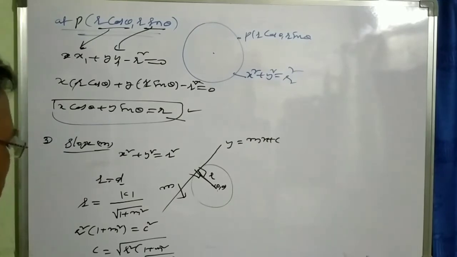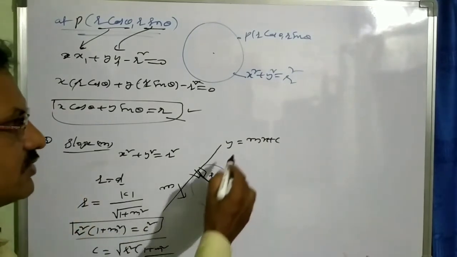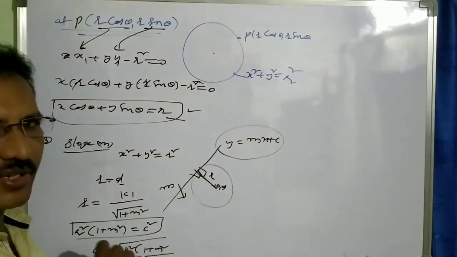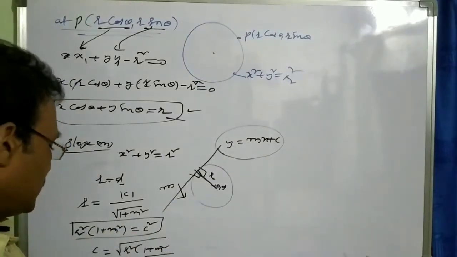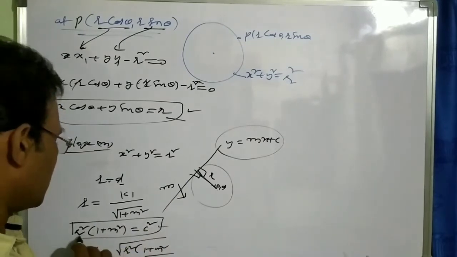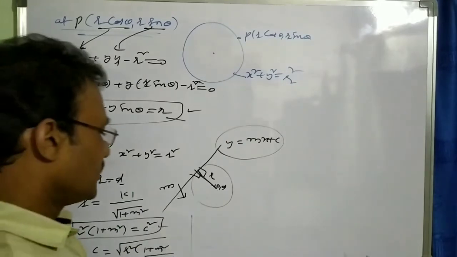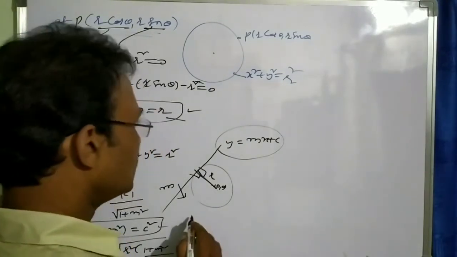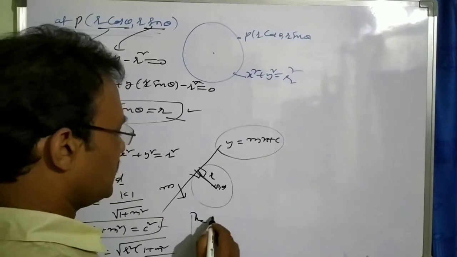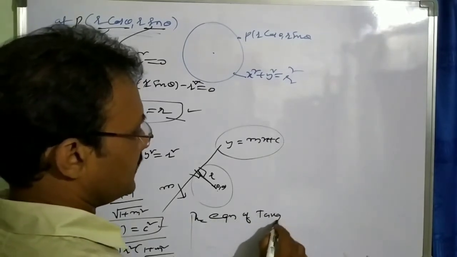So this is the condition to become a tangent to the circle. If the line y is equal to mx plus c is to become a tangent to the given circle, you can apply the condition r square into 1 plus m square is equal to c square. Moreover, the equation of tangent